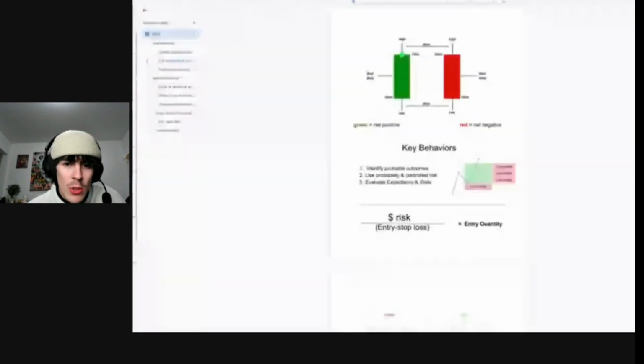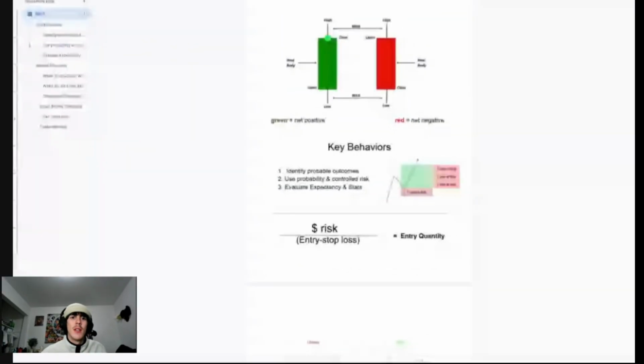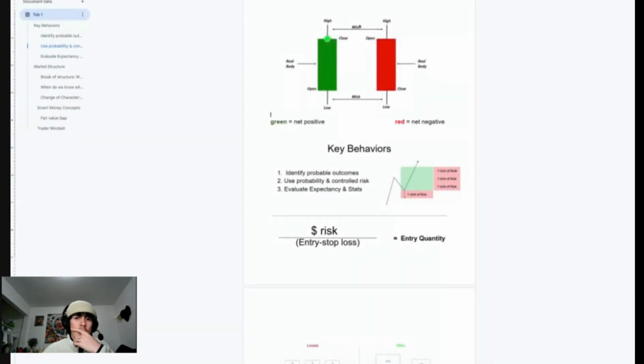I'll share my screen and show exactly what I've been taking notes on. Kind of just the basics. What I've been doing is just on YouTube looking at beginner tutorials on how to day trade, and I'm not very good at taking notes, but some things I'm learning here, the candlesticks, what it all means with